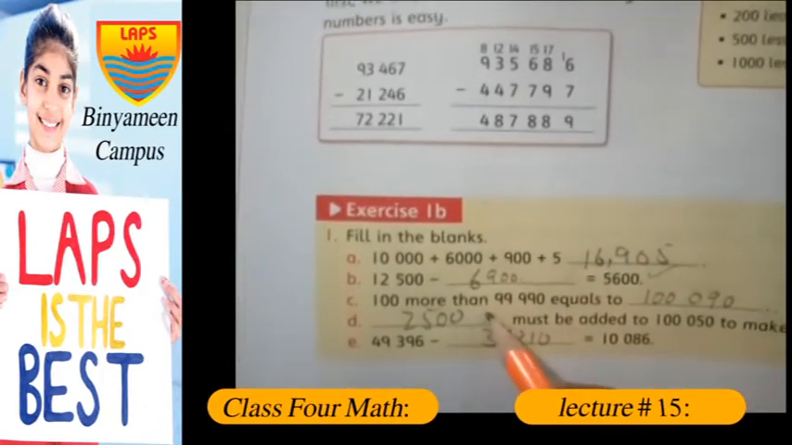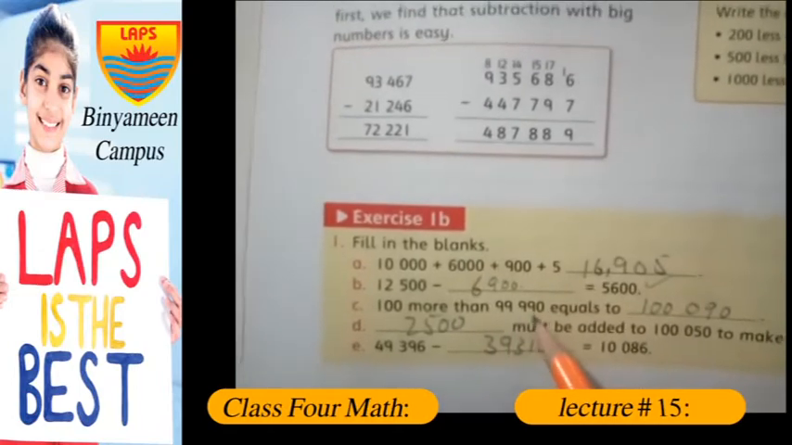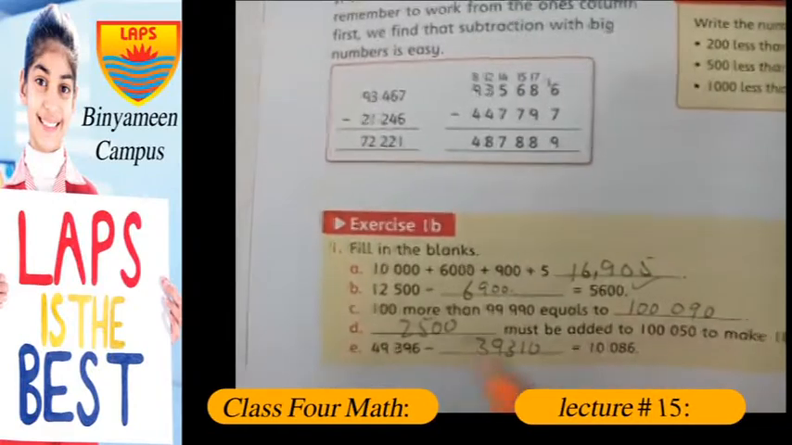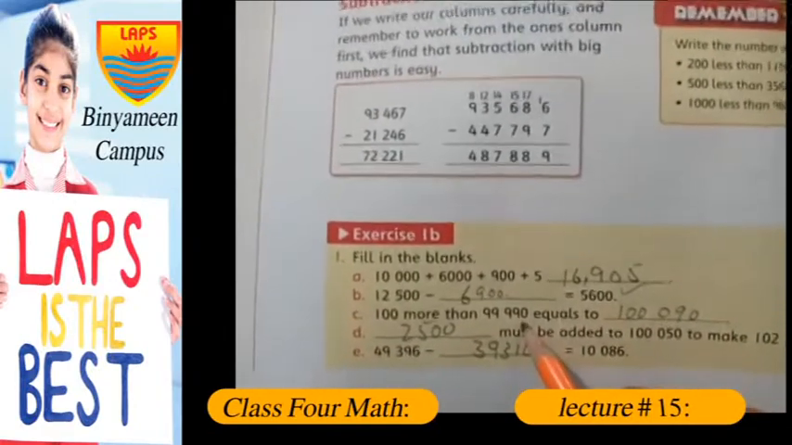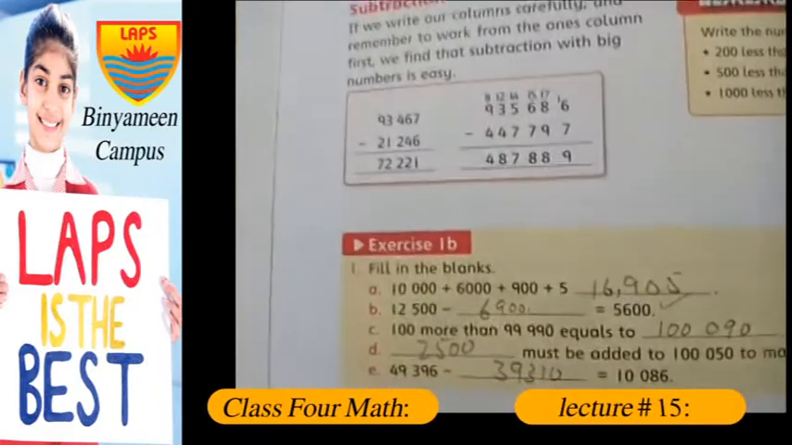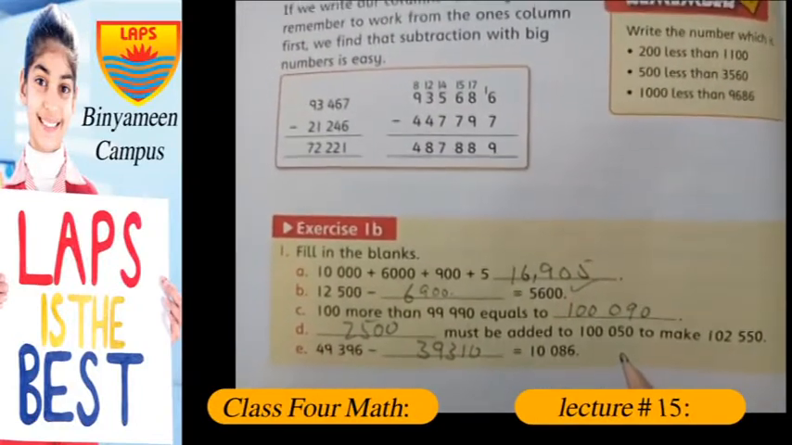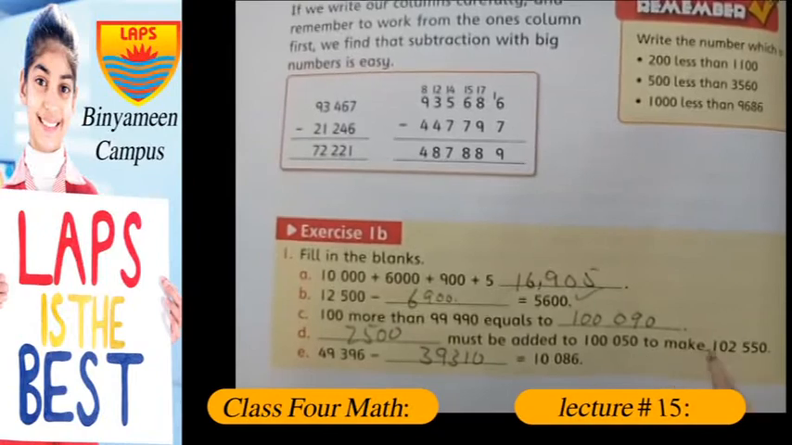Similarly, 100 more than 99,990 equals, it makes 100,090. You can add 100 to this value, write them vertically and add them. Dash must be added to 100,050 to make